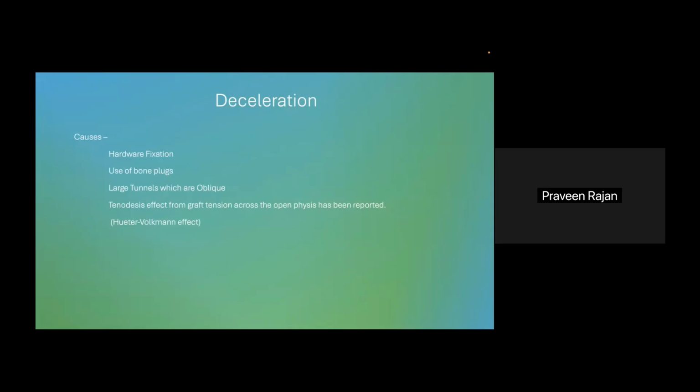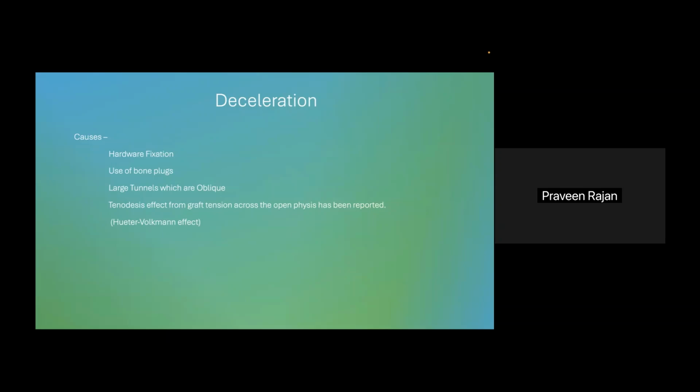Some of them are hardware fixation, use of bone plugs, and large oblique tunnels. Oblique tunnels can damage a large surface area of the physis, and this can lead to growth arrest. Tenodesis effect from graft tension across the open physis has been reported based on the Hueter-Volkmann effect,